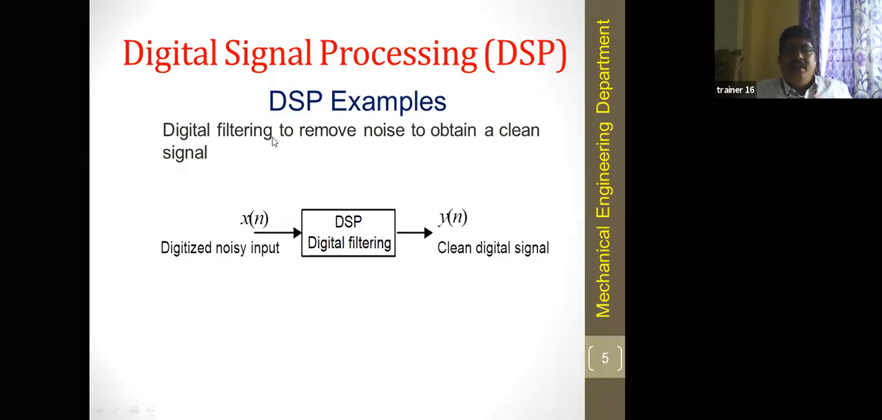The signal here, if you see, the digital filter removes the noise. Here the signal is not good. If it comes out here as a clean signal, the signal is strengthened. Here is a weak signal. Remove it here, the signal is a noise signal, which means it's a weak signal. So to obtain a clean signal through DSP, right? DSP, digital filter, right? We can get the clean digital signal from the noisy input. That is one of the examples